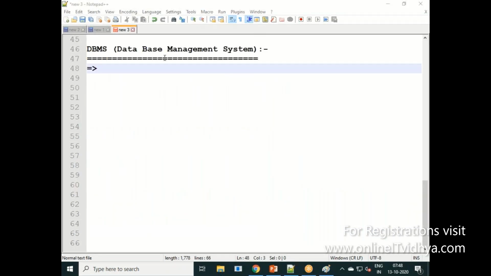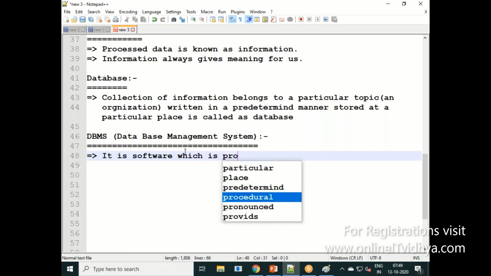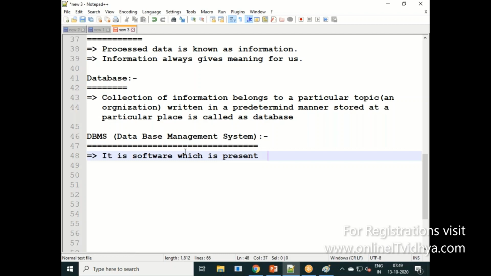Guys, so what do you mean by DBMS? DBMS stands for what? It is a software, because you need to store. You have the database, but internally there is one system. That system name is called what? Database management system. See, it is a software which is present inside the database,